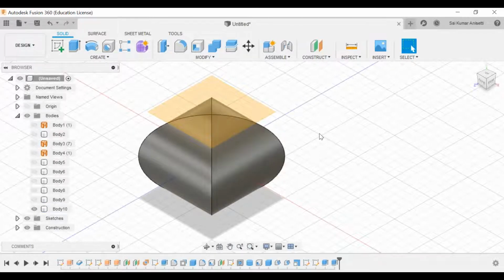You have to have knowledge of combined solids. In other software you call it solid combine. Over here it is called a simple intersection. That is the difference between a professional CAD designer and a normal CAD designer. Everyone knows all the tools, again I repeat, everyone knows all the tools. The only difference is how you think, how you understand a perfect 3D model, how you interpret and how you imagine. That is what matters a lot in 3D modeling.